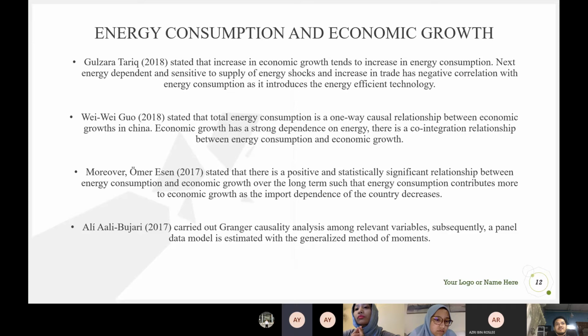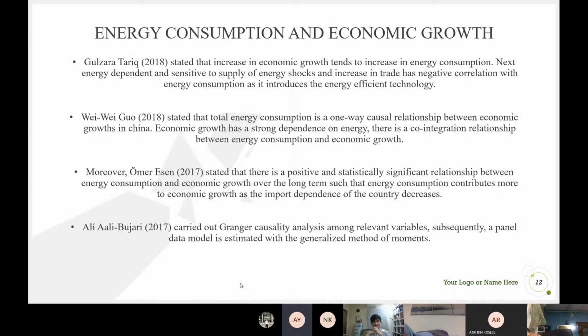2017 stated that there is a positive and statistically significant relationship between energy consumption and economic growth over the long term, such that energy consumption contributes more to economic growth as the import independence of the country decreases. Moreover, the effect of energy consumption on economic growth decreases as the income level of the country increases. This indicates that the efficient use of energy is important, as energy consumption is regarded as an important indicator of economic development. On the other hand,